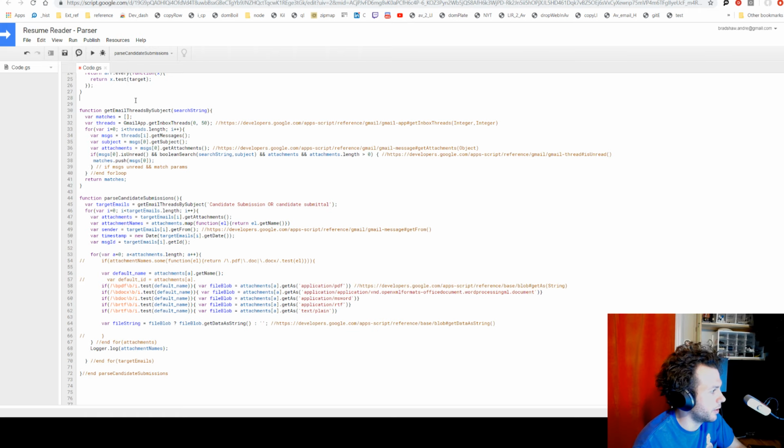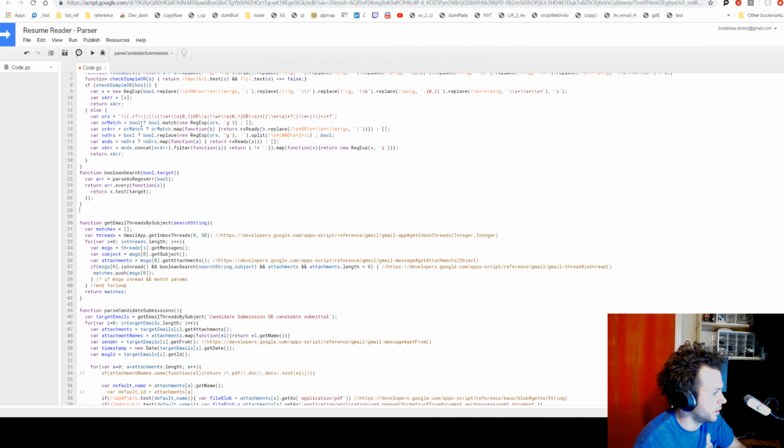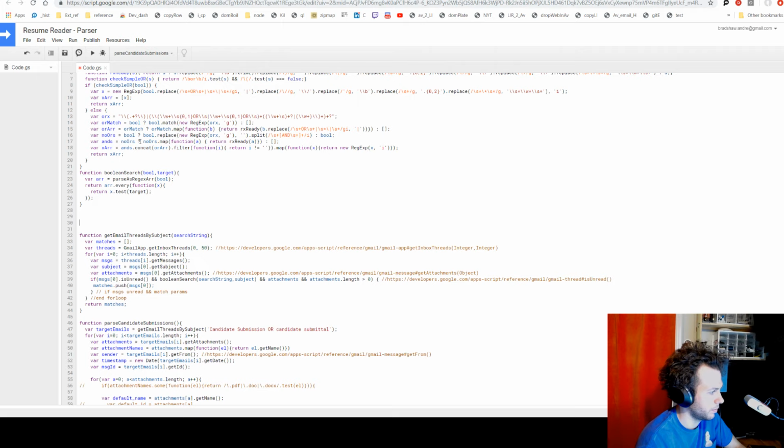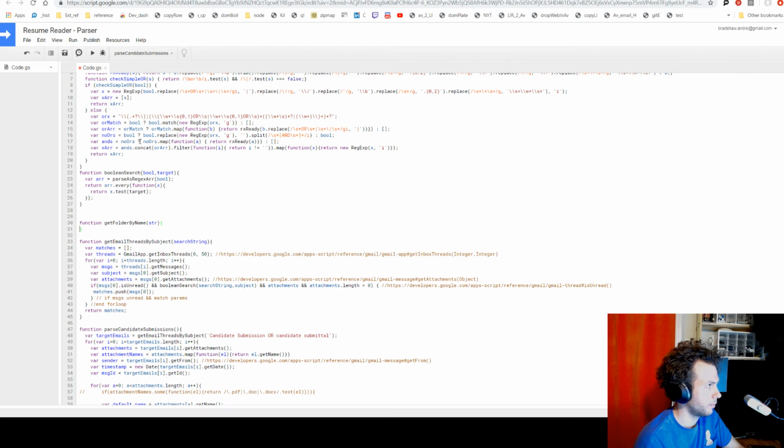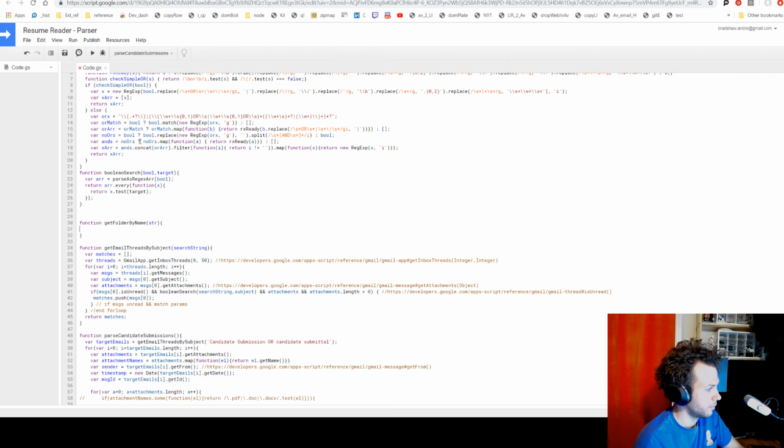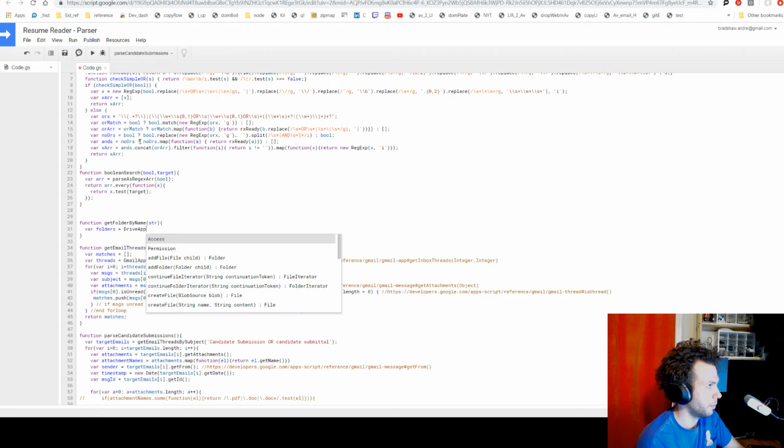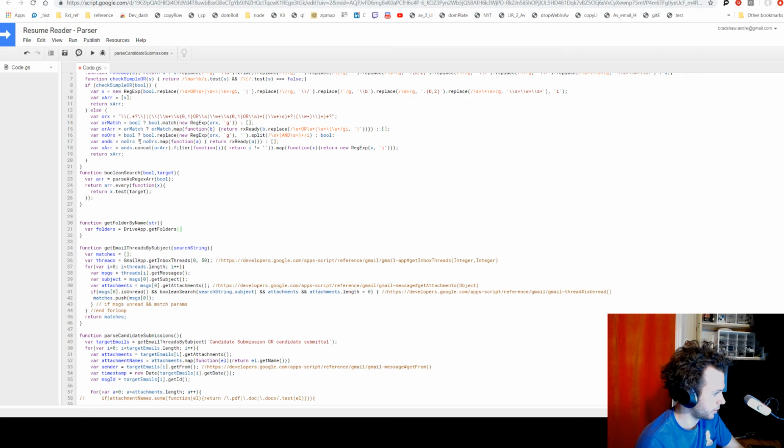So let's create another function up here, and we'll call it function get folder by name, and then we'll say var folders equals DriveApp get folders,